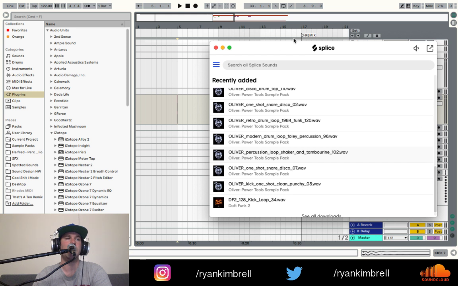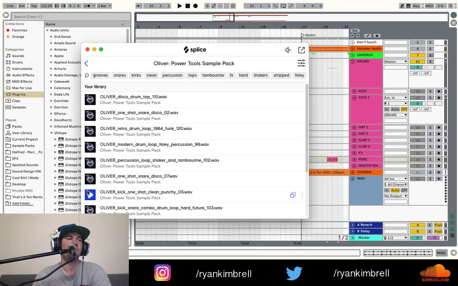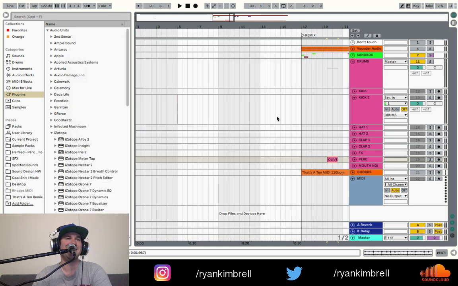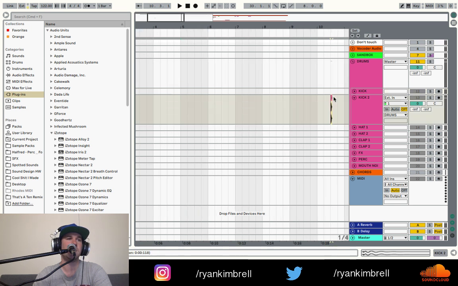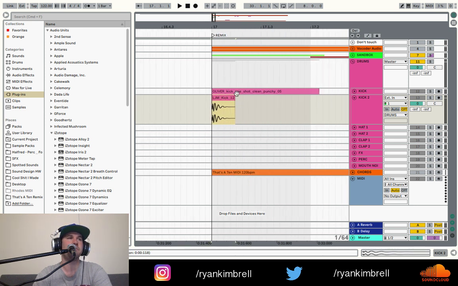I know I'm going to want that. That's the one. So we'll use kick 2 for softer sections, and then the main section we'll use kick 1. Ooh. It's a small little sample. We're going to make this a wow.